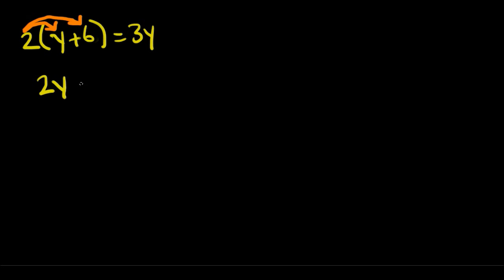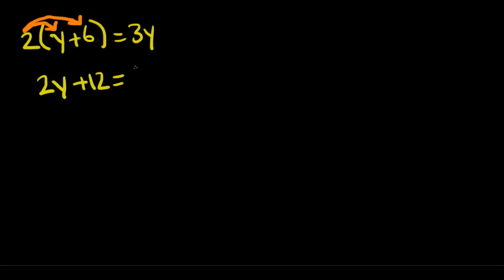Now we're going to look at a problem that requires simplifying on each side before solving the equation. 2 parentheses y plus 6 close parentheses equals 3y. You can see that you have to start off with the distributive property first. You want to start by multiplying 2 times y plus 2 times 6. The 2 must be multiplied to all terms inside the parentheses. So you get 2y plus 12